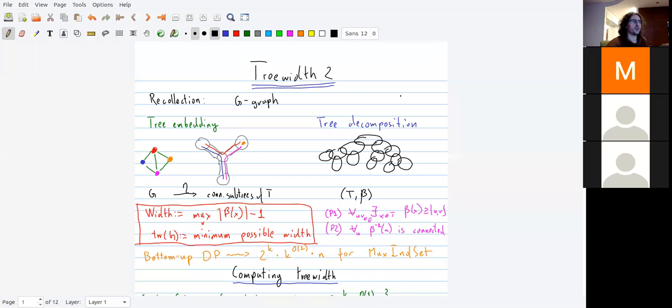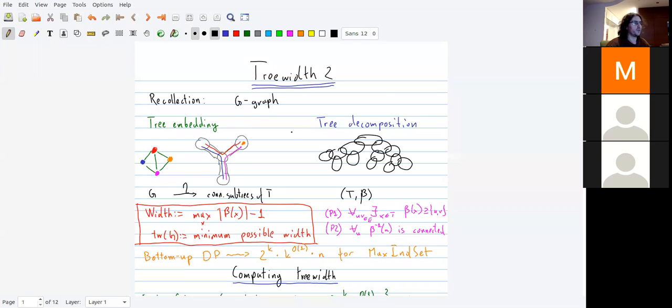So welcome to the next lecture on parameterized algorithms. Today we continue our work with treewidth. You should see now the next batch of lecture notes. So let me start with a recap of what was happening